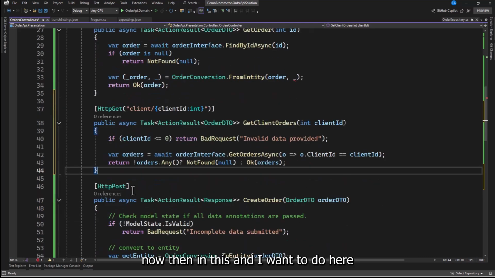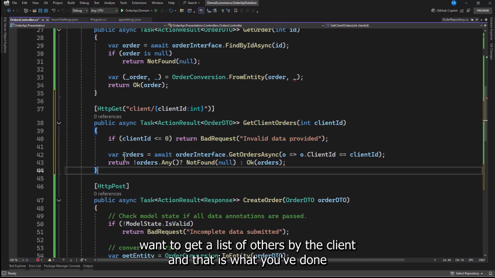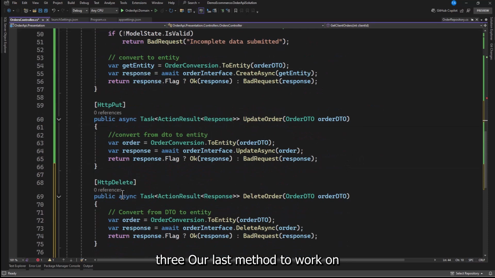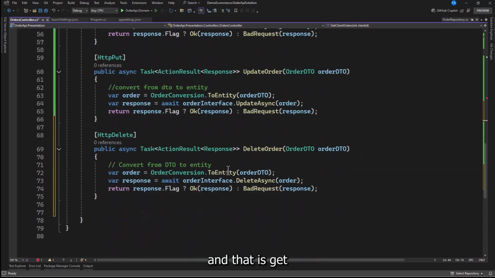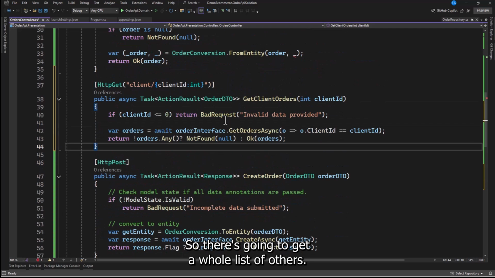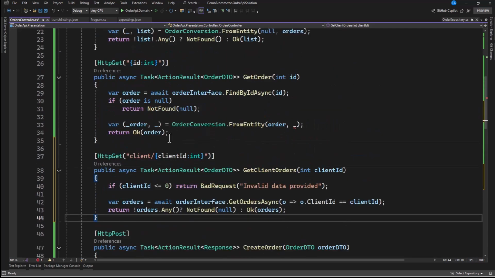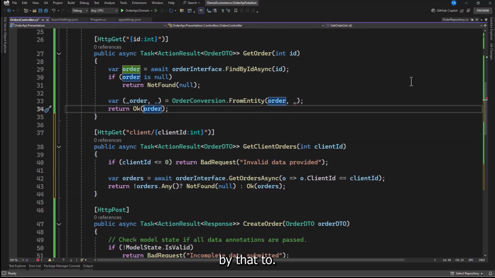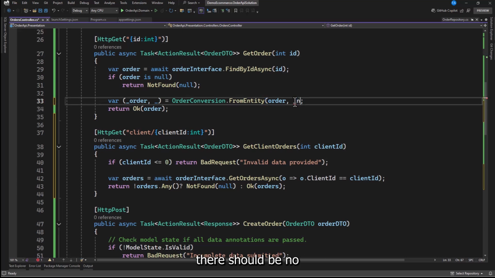Then the next thing that we're going to do here is we have this get client order by ID. We're going to get a list of orders by the client, and that is what we've done. We have a last method to work on, and that is get order details. So this is going to get the whole list of orders. Now you want to get specific order detail. Okay, so I learned from this. This should be null,